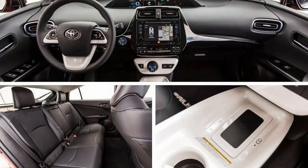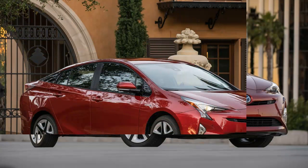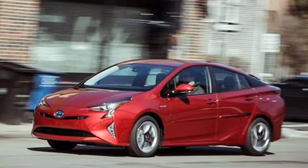It hasn't. Compared with the we tested earlier this year, this top-of-the-line Prius 4 Touring was loaded with equipment like navigation, faux leather seats, a park assist system, and Toyota's active safety suite, coined Safety Sense P, that includes adaptive cruise control, forward collision warning, and lane keeping assist. It also